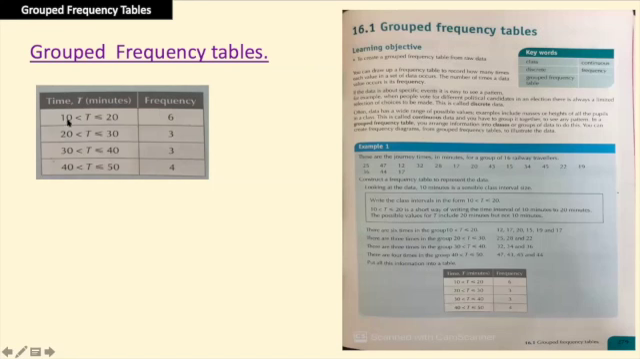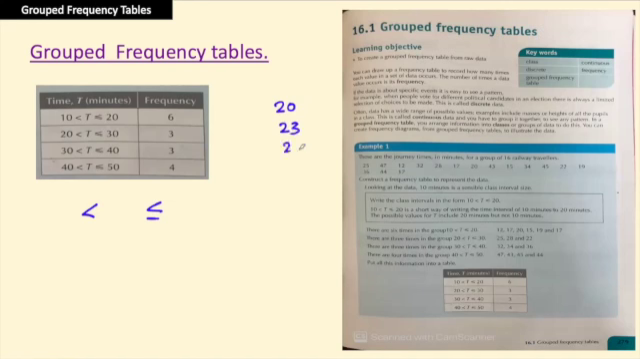For example, 10 less than t less than or equal to 20. Remember, these two are not the same symbols. This is less than and this is less than or equal to. So here once again, 10 less than t less than or equal to 20. Second group, 20 less than t less than or equal to 30. Which means if we have data 20,